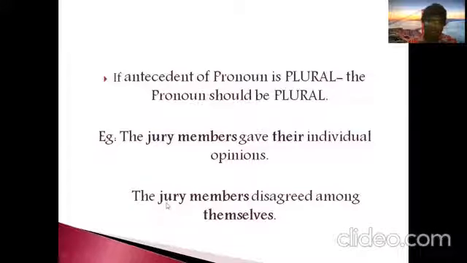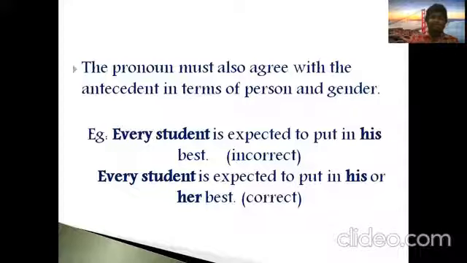The second example is here: the jury members disagreed among themselves. So here again we have the plural form, so that is the reason we use the plural form of the pronoun. So this is how it has to go according to the rule. Next, the third rule is here. The pronoun must also agree with the antecedent in terms of person as well as gender. And we have to be very clear when it comes to person and gender. It has to agree not only with a singular noun or plural noun, it must also agree with the